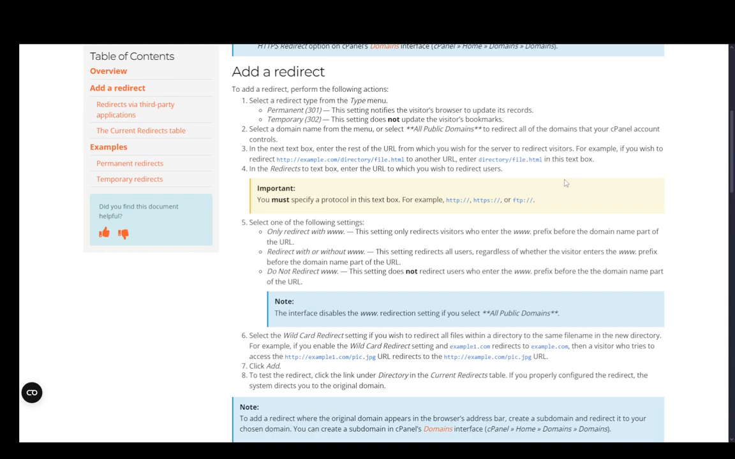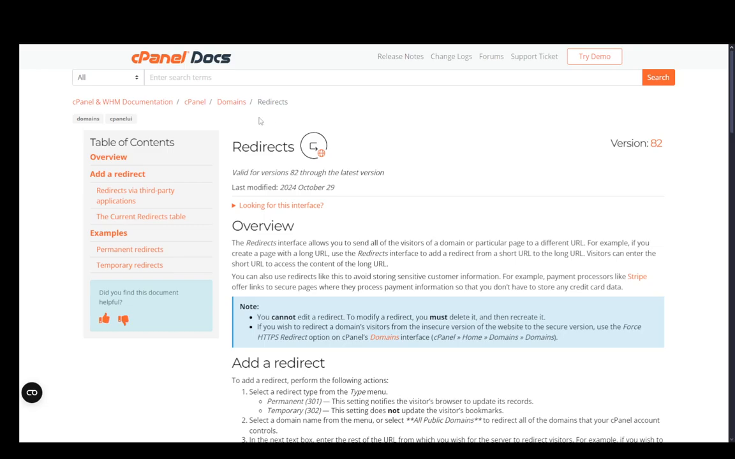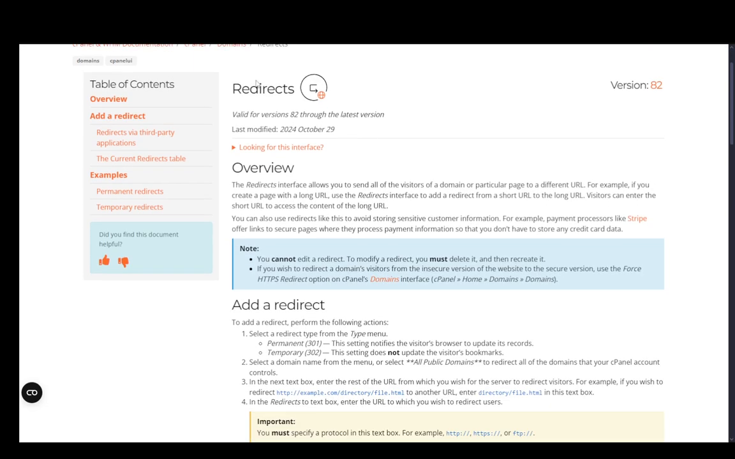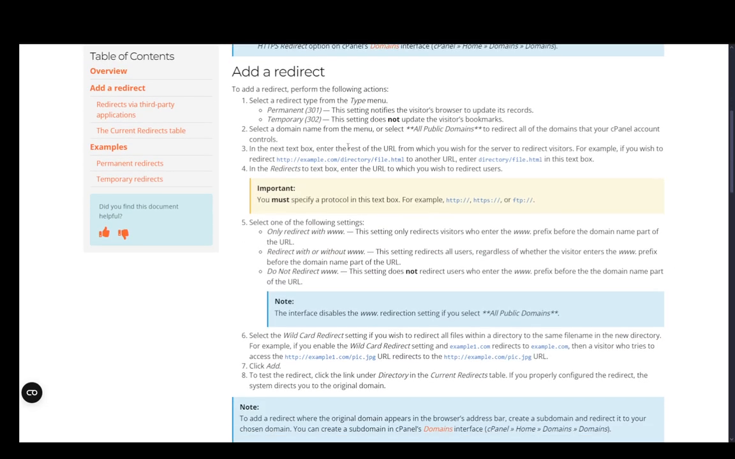In this video, I'll be explaining to you guys how you can redirect URLs on cPanel, so let's get right into it. Now, I'll be using this cPanel documentation, which is just called redirect. You can check it out freely if you want to, but I'll be using this since I do not have